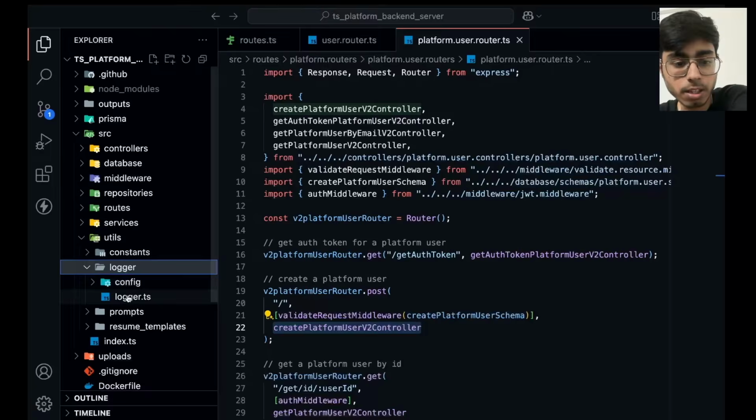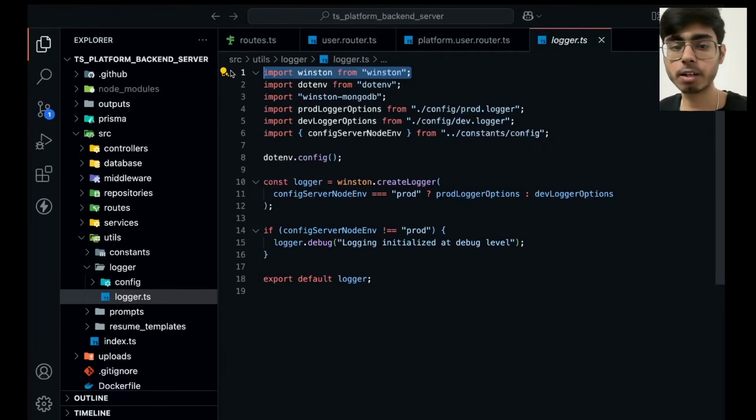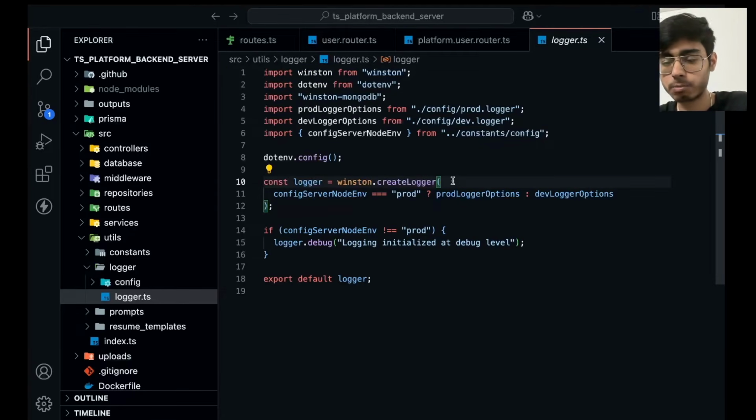Okay, so if you see in the logger.ts, I have imported this Winston package over here. You can check the corresponding examples for Go and Python. For Node.js, I prefer using Winston. So what this does is, whenever you have any log, it can be success log, info log, warning log, error log, you can log it very beautifully in your terminal. Plus, you can also save the error log specially in your database.